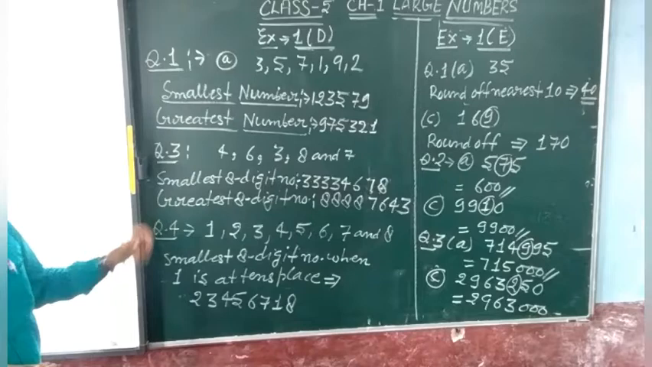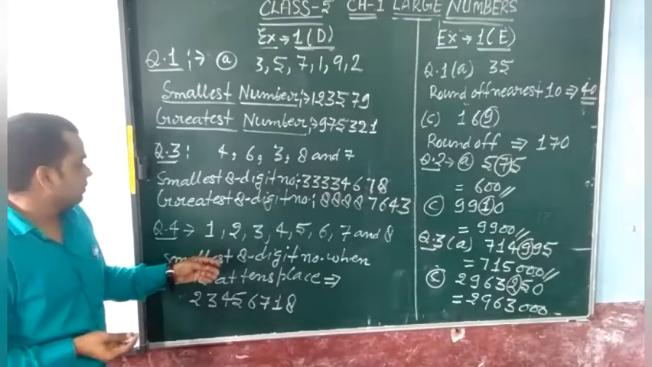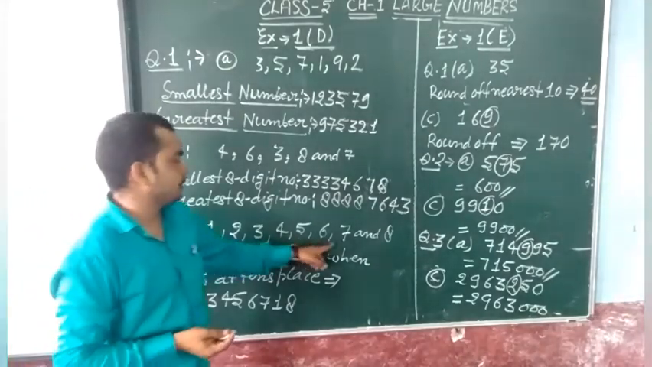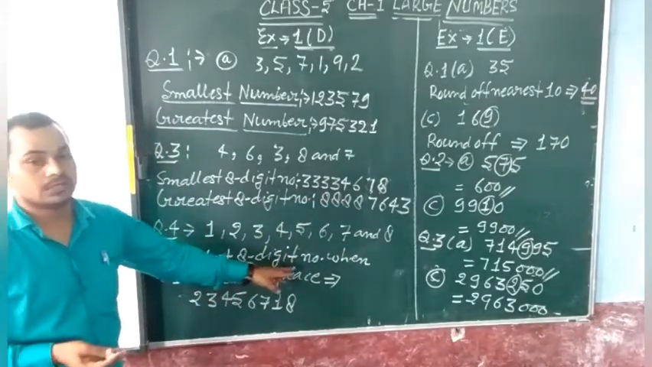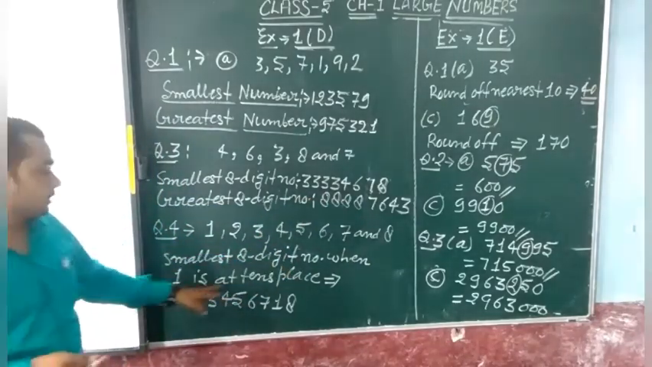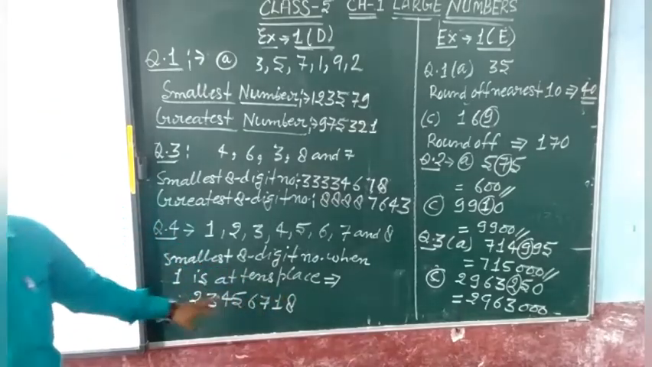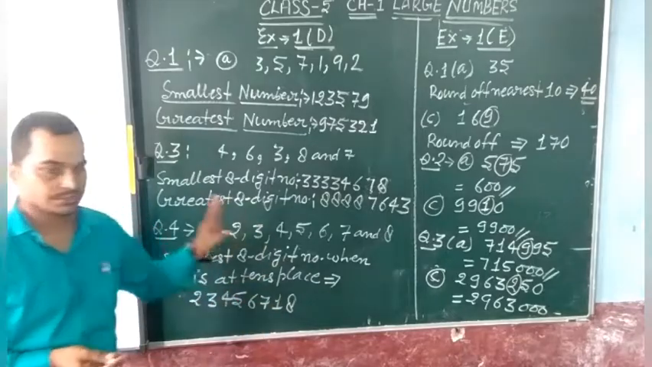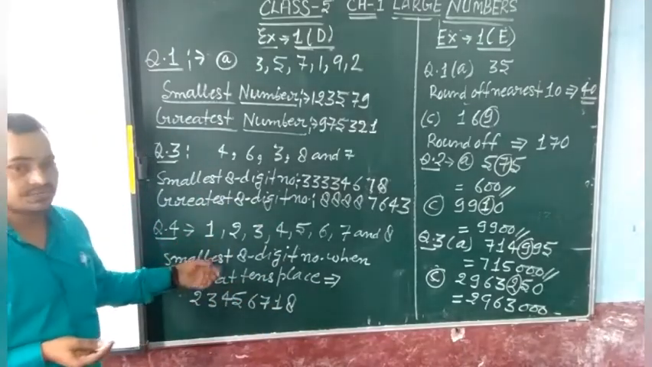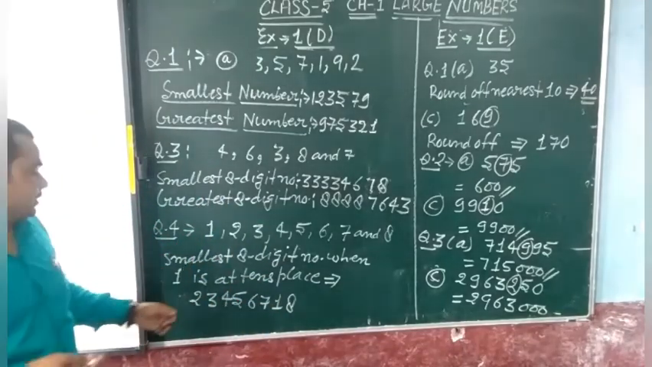Now question number 4, digits are given 1, 2, 3, 4, 5, 6, 7, 8. Smallest 8-digit number when 1 is at tens place. That is the condition for the question. 1 is the constant at tens place, and the number is the smallest. So we arrange in